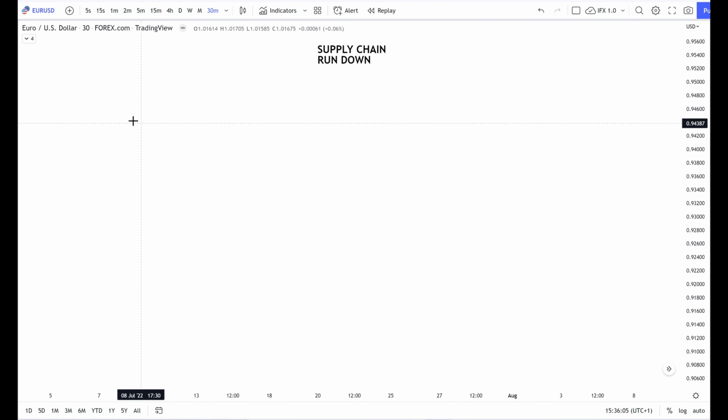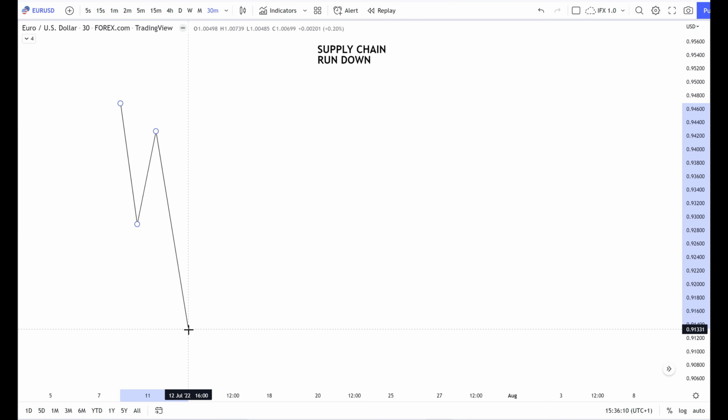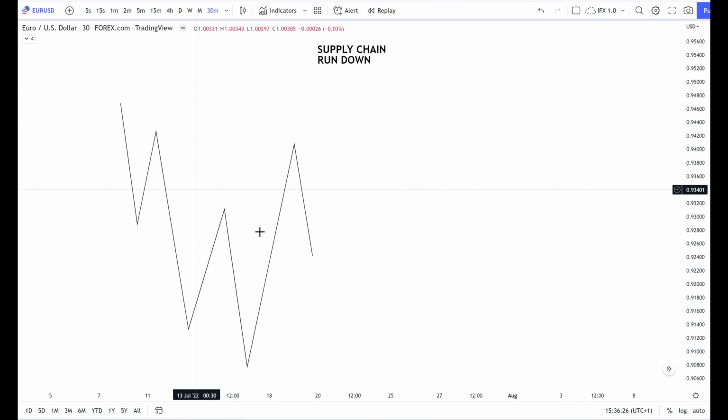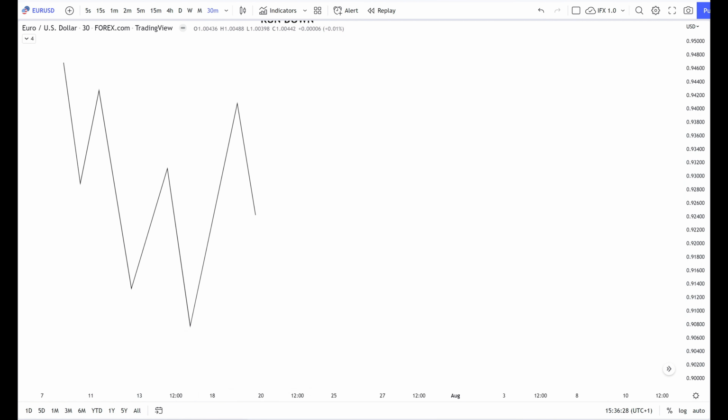So just quickly to recap, let's say we have price making low lows, low highs. Then we get a break in market structure. Now this can be internal, it's just how you perceive it. I'm just doing this for example, just so you understand the context. Now when we see this sort of action here,